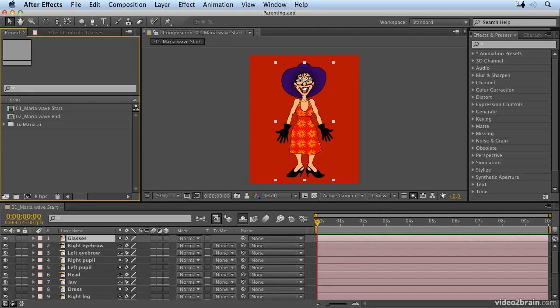Parenting is a system that allows you to create hierarchical linking between layers. It can be used simply to link layers together, or it can be used to create quite complex inverse kinematic style animation. This movie will explain the basics and will warn you about some pitfalls that you're likely to encounter